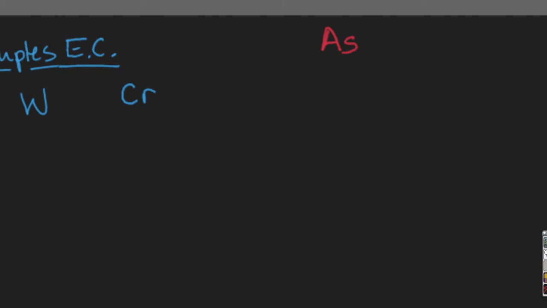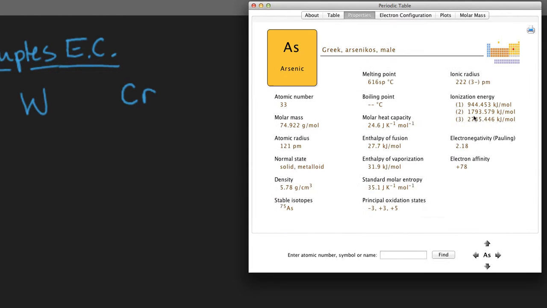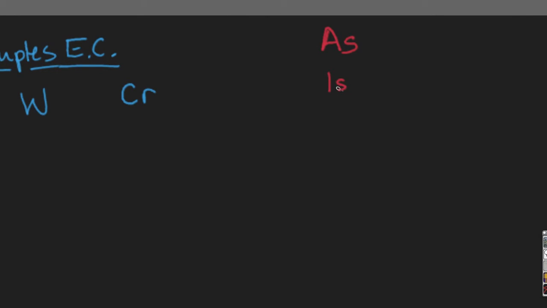Arsenic on the periodic table. Arsenic is what they use in rat poison. It's bad stuff. So we're way over here. So using the periodic table, you should realize it's 1s2, 2s2, 2p6, 3s2, 3p6, 4s2, 3d10, and then 4p3. Okay? Using the diagonalization method, it would be 1s2, 2s2, 2p6,